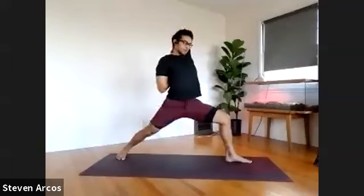Drop your right arm down, your right arm behind your back. Walk it up to your shoulder blades. Drop your left hand down your back to grab your right hand. As best you can. You might not make that connection, and that's okay. But just grab your shirt, or maybe use your right hand to hold on to your left elbow as you